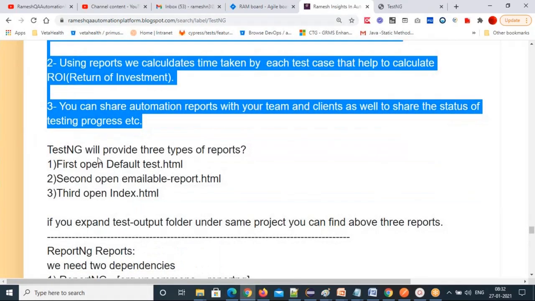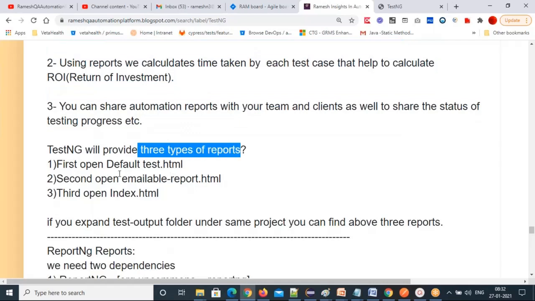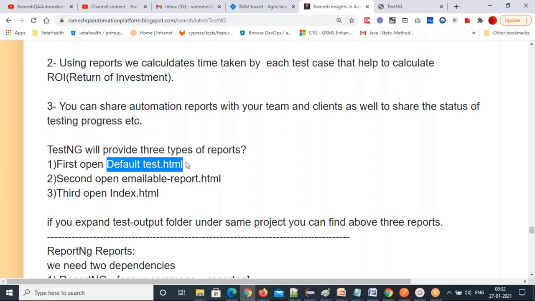There are different types of reports; you will get 3 types of reports: default test.html, emailable-report.html, index.html. These are the 3 reports you can get from the TestNG